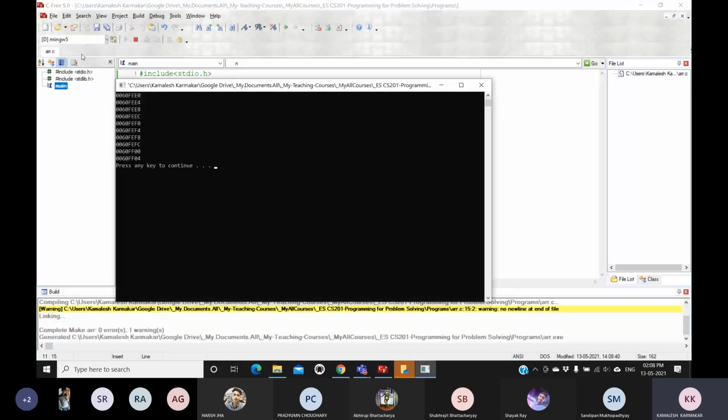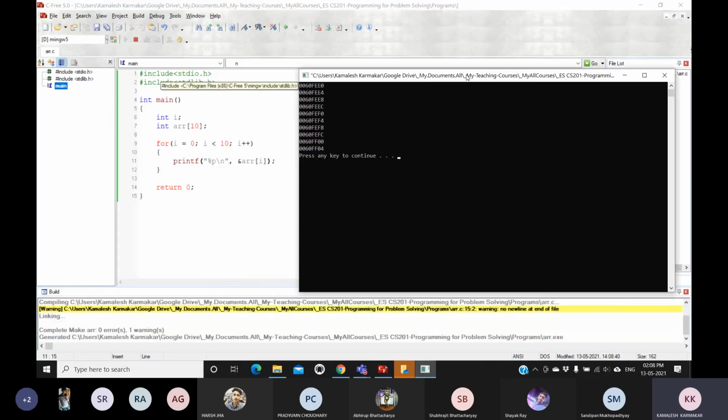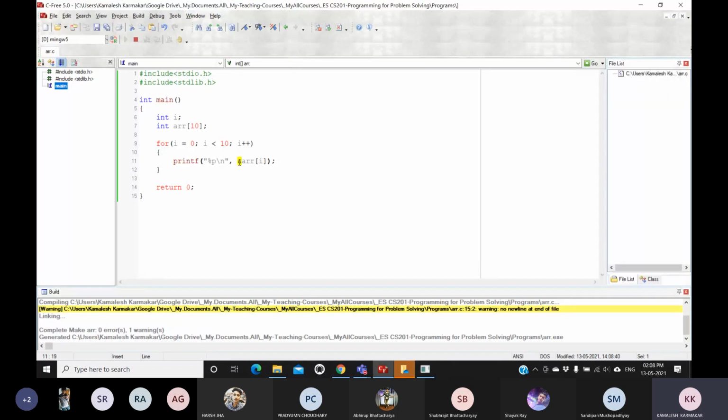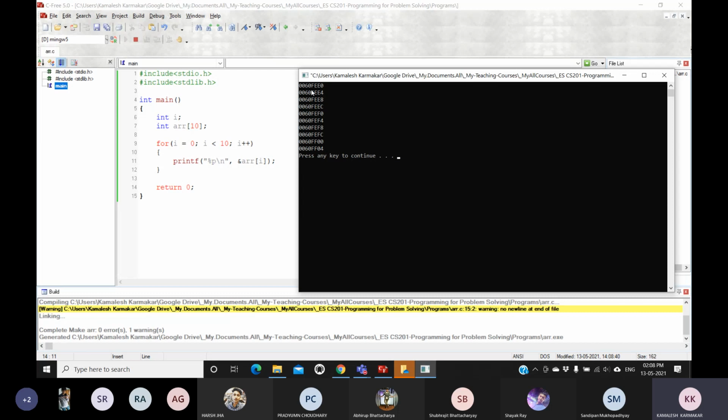So this loop will run, and for each and every element it will print the address, as we have used ampersand of ARR I. So the address of the ith element will be printed. You can check it here.